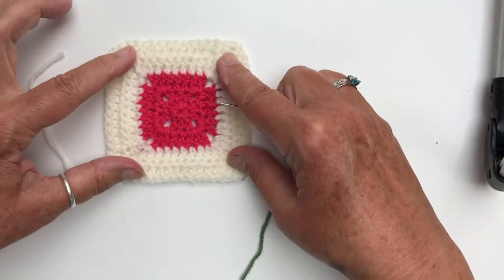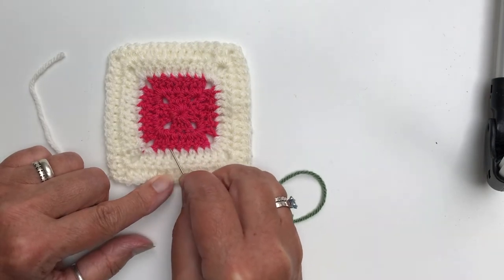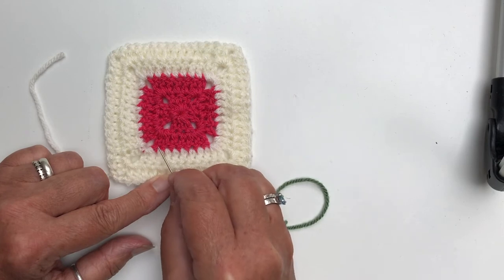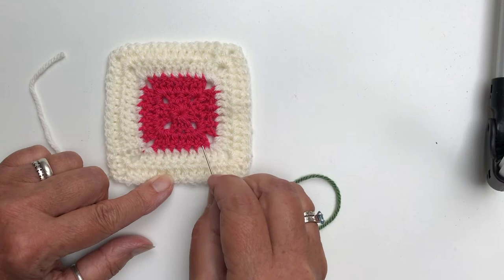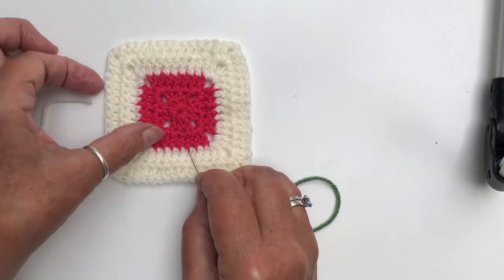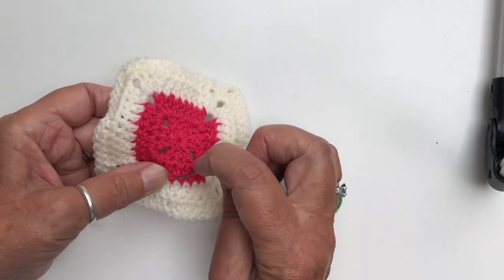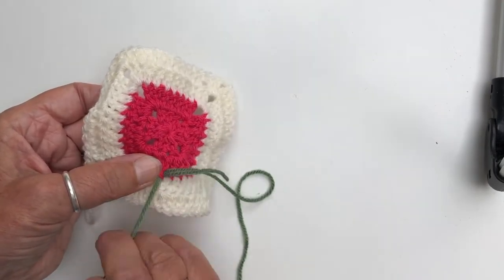What we're going to do is look at this row of stitches for the pomegranate, and you can see that there's 1, 2, 3, 4, 5, 6, 7, and that means that there will be a stitch in the middle, which is the very center of the square. And I'm going to put my needle in, just pick up a little bit of that pink yarn and pull,